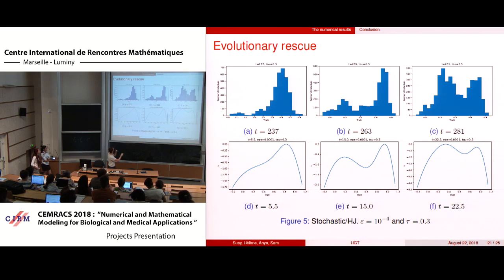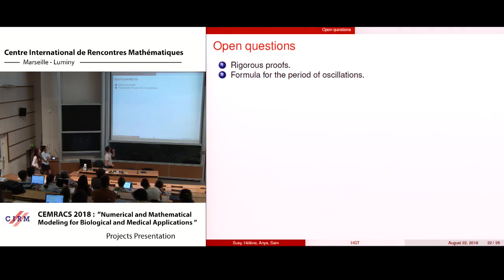And this is a plot on the Hamilton-Jacobi level, which corresponds one to one. So the positive result is that Hamilton-Jacobi should be able to give a precise description of the stochastic model and of the oscillation phenomena. And the open questions are, of course, rigorous proof on the Hamilton-Jacobi level,